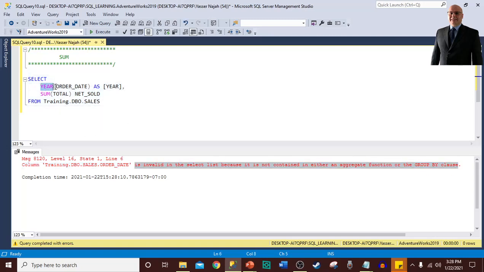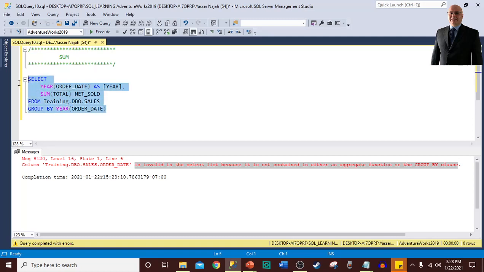Now, because I'm trying to group by the year, so I can sum or net the total sold for each year, I will need to bring this year from the order date